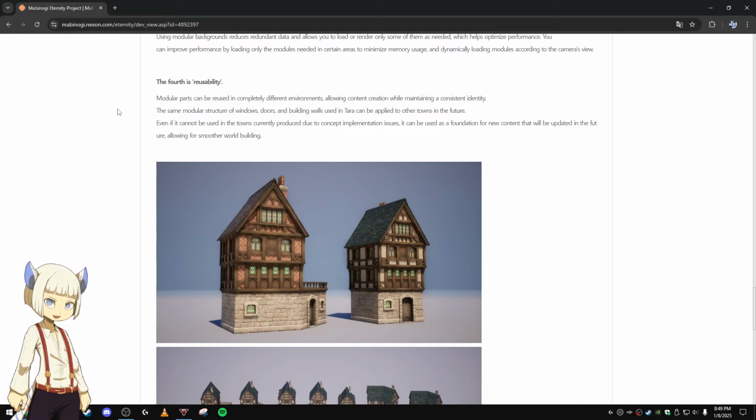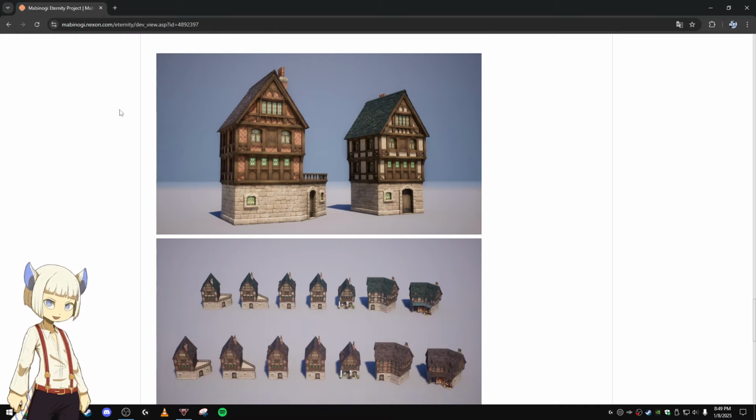Even if it cannot be used in the towns currently produced due to the concept implementation issues, it can be used as a foundation for new content that will be updated in the future, allowing for smoother world building.